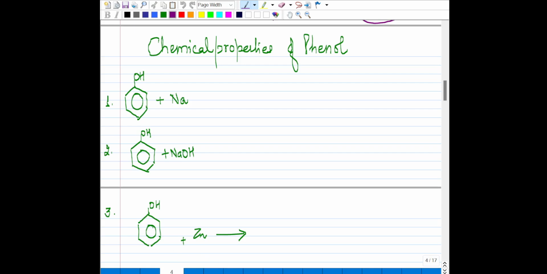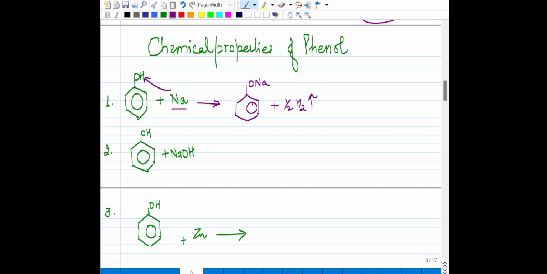Okay, so children, we are going to take up now the chemical properties of phenol. So the properties are very interesting. Let's take one by one. तो phenol में हम क्या करेंगे? If we drop sodium metal in phenol, so what happens? Sodium metal is able to displace hydrogen, and the product will be sodium phenoxide, right? And you get